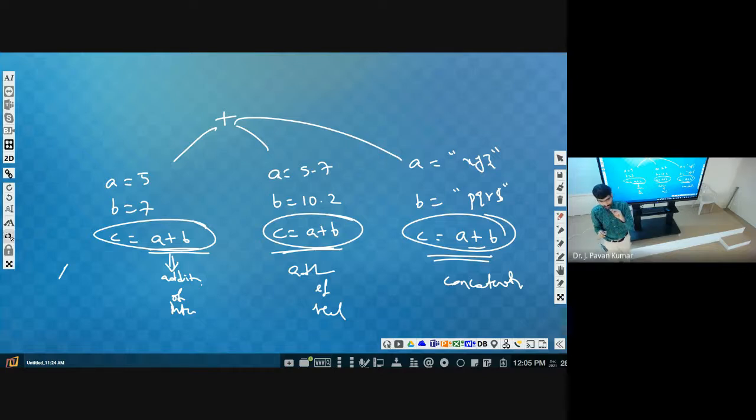Understand? Whenever we give more than one functionality, and depending upon the context the functionality is decided, then that particular operator is overloaded. So is the plus operator overloaded or not? Yes. Minus operator overloaded? Yes. Like that, consider the in operator. We have used it or not? Where have we used it? In loops, yeah, for i in range of 0, 10.